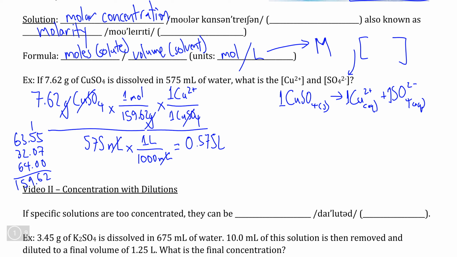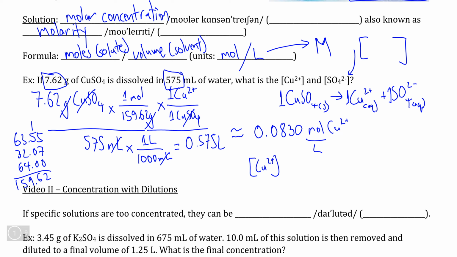When you put all of this into your calculator, before we do that, let's check our units. We have moles of copper 2 plus ions in the numerator divided by the volume of water in our denominator. That matches our units, moles per liter. And if you put this into your calculator and round to 3 significant digits like we see in our measurements, this comes to approximately 0.0830 moles of Cu2 plus per liter. So in a concluding statement, we can simply write that the concentration of Cu2 plus in moles per liter is approximately equal to